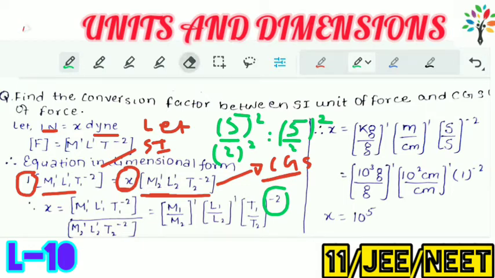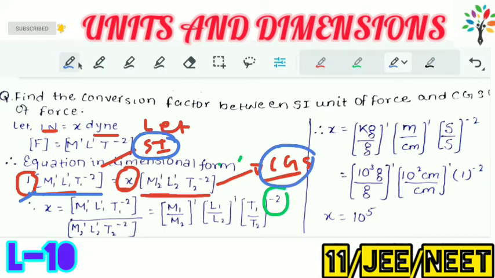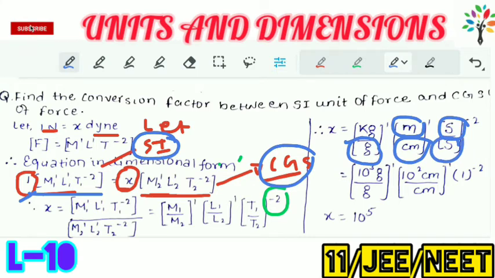Okay, fine. Now let us suppose we have x. So now put the values. Here see, in left hand side we have taken SI unit, and in right hand side we have taken CGS unit. Means M1 is the SI unit of mass, L1 SI unit of length. So here we will put kg, SI unit of mass is kg, upon M2. M2 is CGS form, so CGS unit of mass is gram. Similarly, SI unit of length is meter and CGS unit of length is centimeter. But in both SI and CGS the unit of time is second. So we will write it.